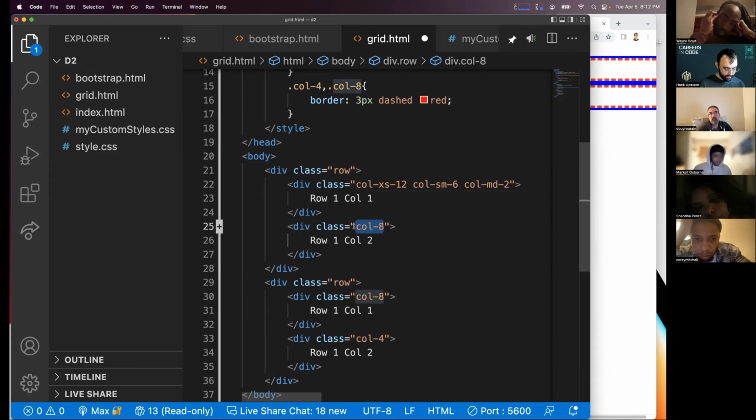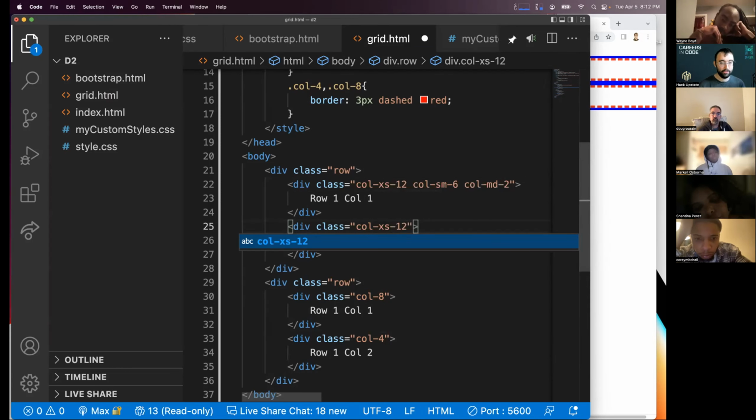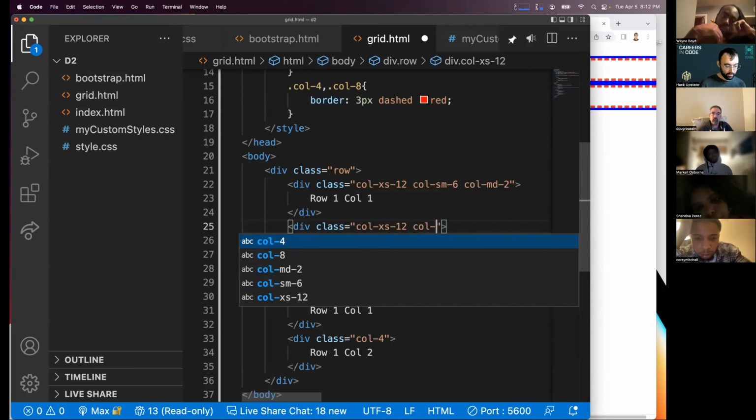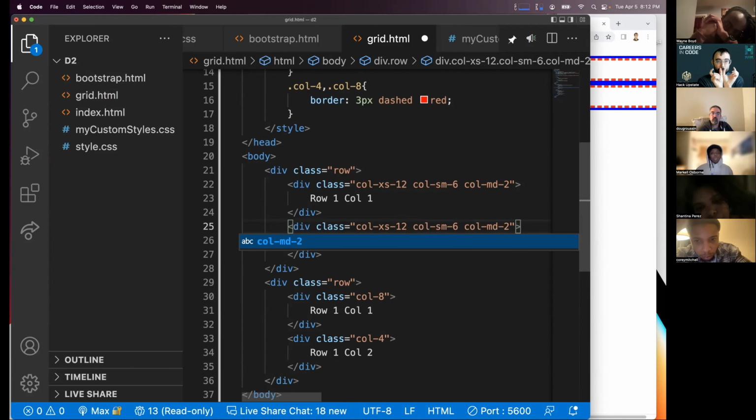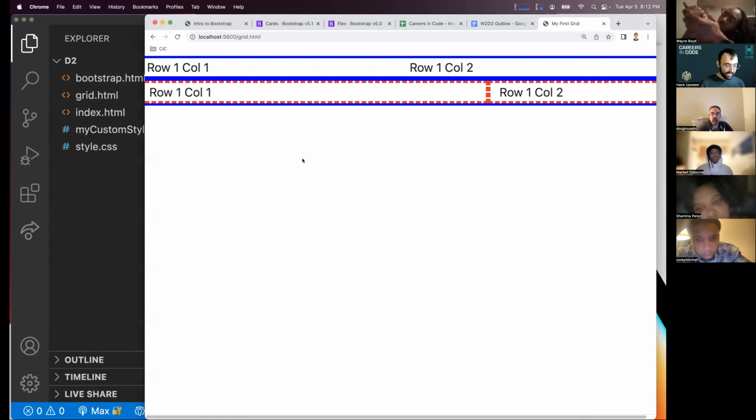Well, we're going to come down here and match that and say on extra small screens, I want it to be the full width of the row. I want it to be all 12 columns wide. On small screens, I would like them to be equal side by side. And on medium screens and up, I would like them to be equal but tiny right next to each other, a 2 and a 2. So when I save this,